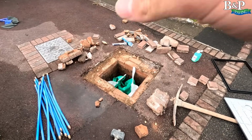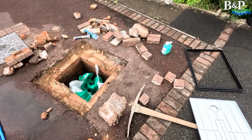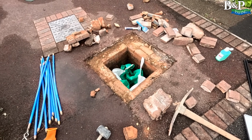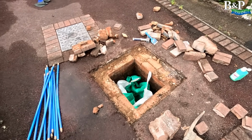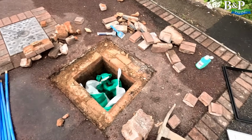So as you've seen, we're all broken out ready now. We've got a new lid here. We're going to reinstate that, and then we are going to concrete around it and float it off. Cosmetically not ideal. It would have been nice to be the same as this one with the pavers round. However, I'm a bit concerned with